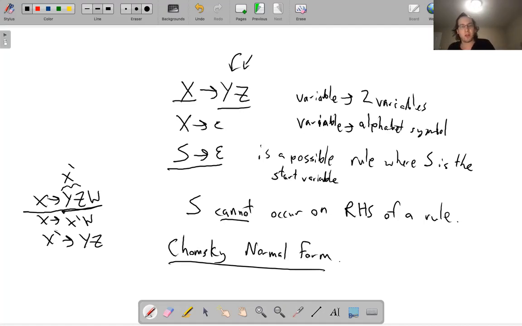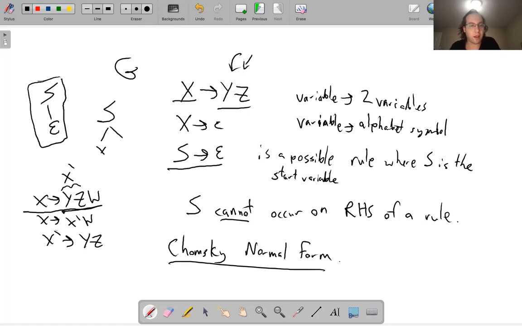So then the parse trees. If you have a grammar G in Chomsky normal form that satisfies these properties, then its parse trees either look like this one special parse tree, S to epsilon, which just generates the empty string. That's one possible parse tree, but only for the empty string. Every other parse tree looks like this. It looks like S, and then you have X and Y here for some other variables, and then it's basically